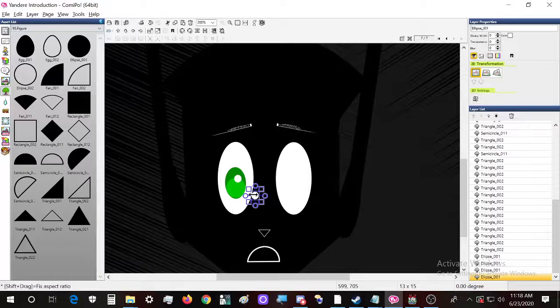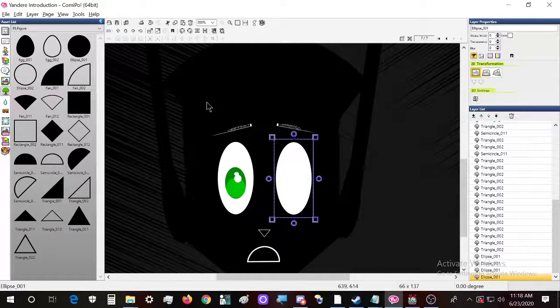We create this one in here, and then we replicate this one in here by making it even smaller. And it actually looks like an anime eye now. Okay.